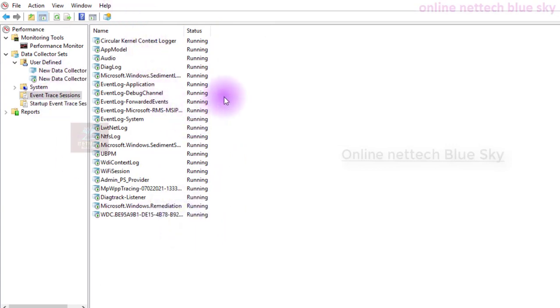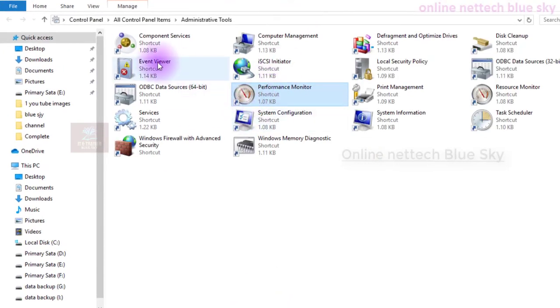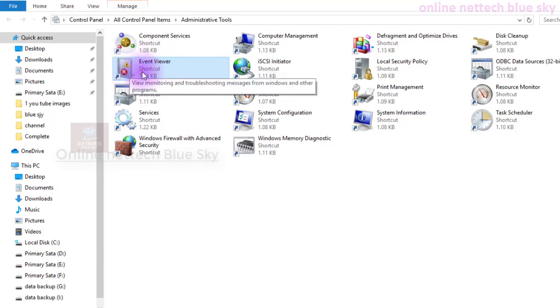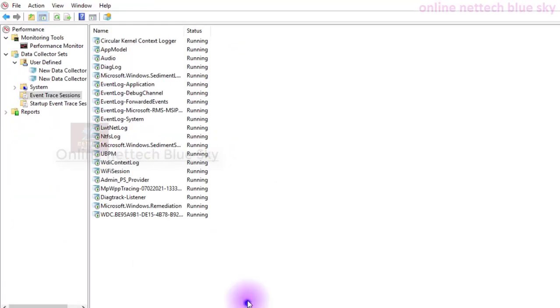So what is an event? An event is one type of collection of your data, and these events are stored in the system. I already created an event viewer related video. Watch my previous video, very important for you, because event viewer is very good for your information later. So everything is stored: your information, computer errors, computer problems, everything is stored in event viewer data in the Microsoft Office system.